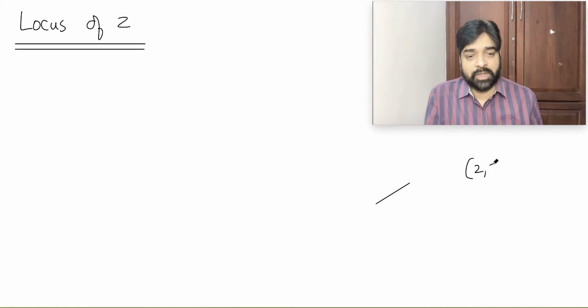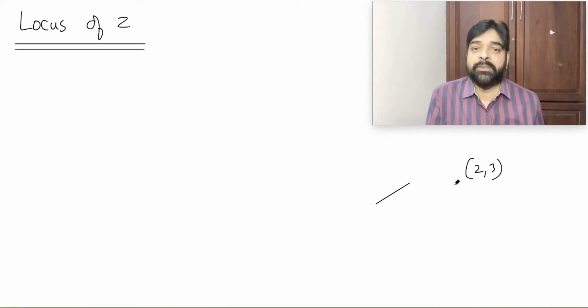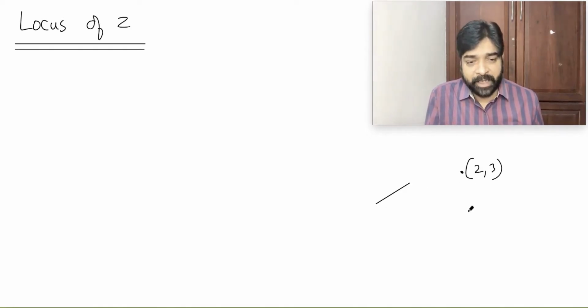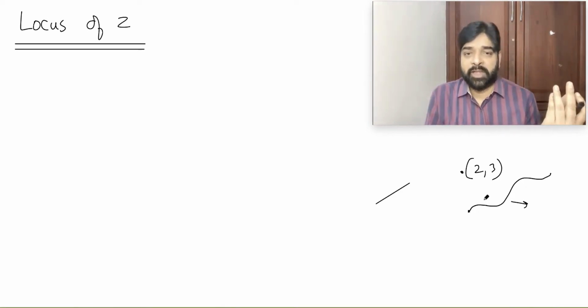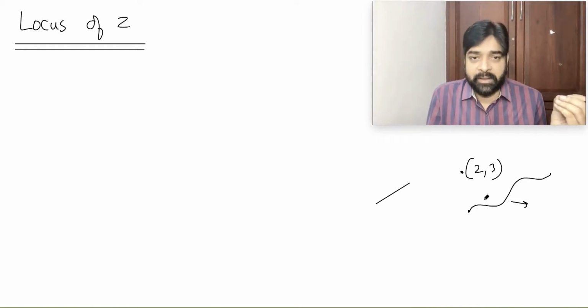If I ask what is the locus of (2, 3), there is no sense of this because this point is a fixed point. It will not move. What is the locus of this line? You cannot find out the locus of the line. Means we assume a point as an object, and when this point moves, whatever path it travels, the equation of that path is called the locus. The simple, straightforward thing is that whenever a moving point moves, it will trace a path. The equation of that path is called the locus. That is what the meaning is.